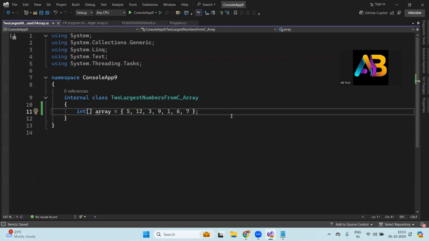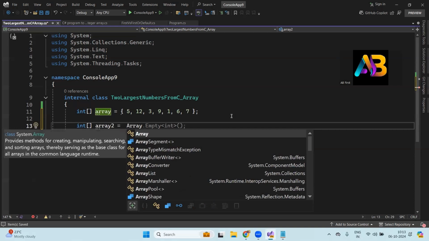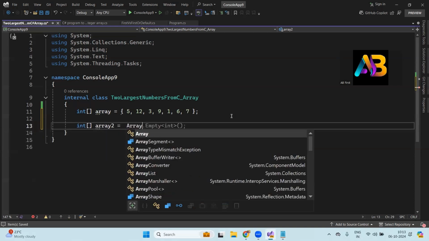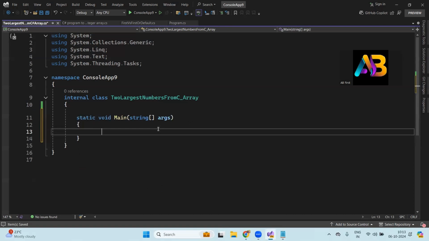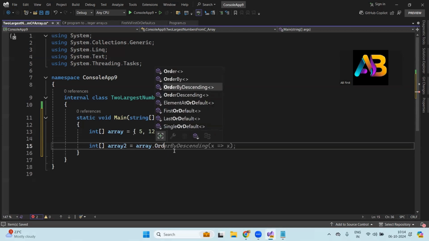So I have the array. Now how can I get the largest number? Using sort. How do you sort? Int array2 equals Array dot... write this in the main method. So array dot OrderByDescending